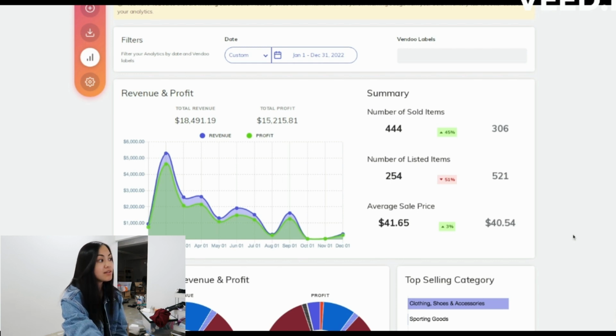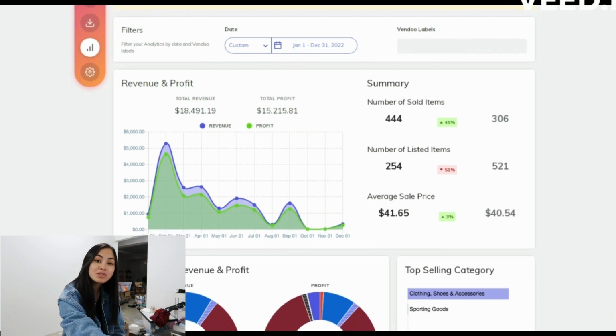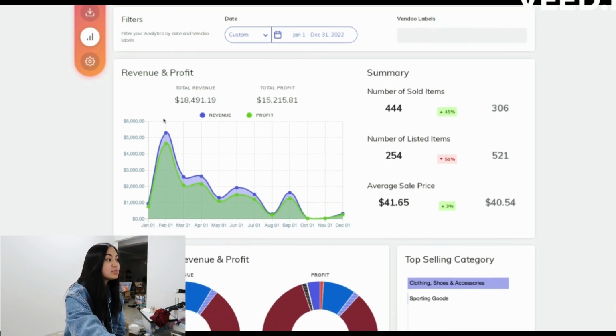Here you can see the revenue and profit from everything that you've sold across all platforms that you cross-list on, and this can be really nice just to see, again, trends that are similar throughout the years or through different months. And this also helps you plan. Like if you know that you're going to be entering a slow season, it might be good to lessen your spending. On the other case, if you know that you're going into busy season, like Q4 is usually really busy,